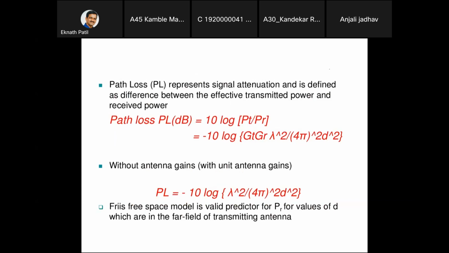The Friis free space model is valid for predicting PR for values of d which are in the far field of the transmitting medium. You know what the far field is and what the near field of the antenna is, and accordingly